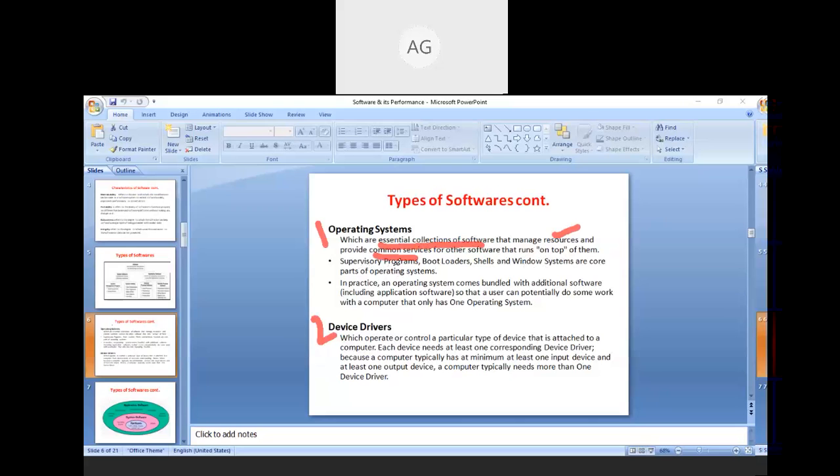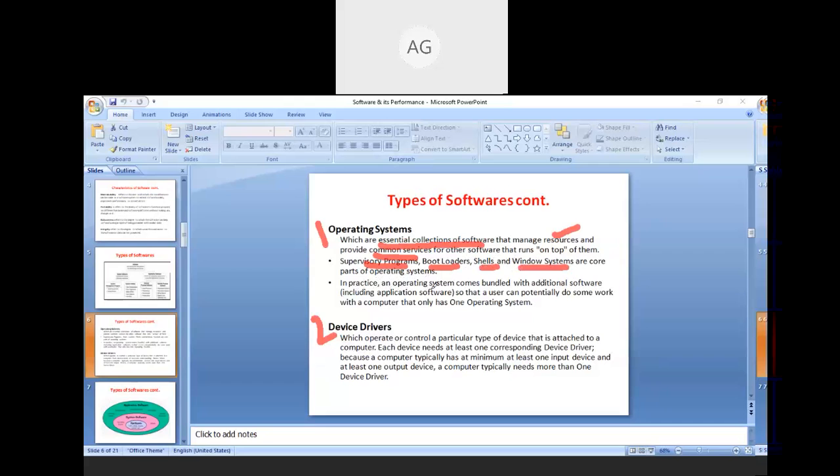Supervisory programs, bootloaders, shell, and the windowing system are the core parts of the operating system. So the operating system contains all these parts.